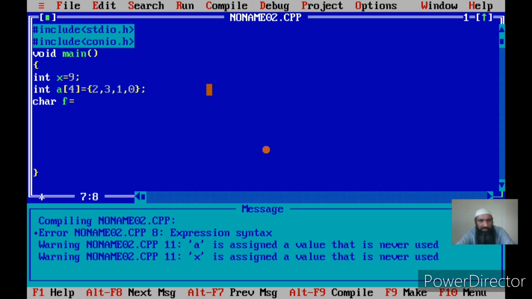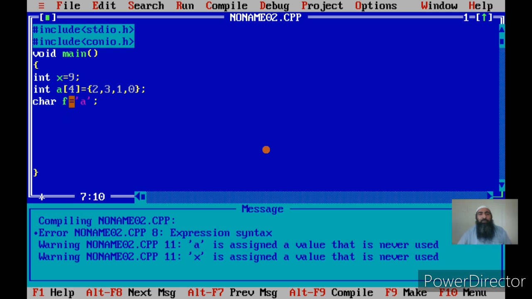Now how do you assign a character to a character variable? You should assign it in a single quote. This is a rule. For normal constants, say 9, they can be given directly, but for character variables, once you assign a character to them, it cannot be necessarily an alphabet. It can be any character. Suppose I can store in it a question mark. Any character on the screen can be stored in a character variable. It is not necessarily an alphabetical value. Okay, let me right now store the alphabetical value so that you can understand.